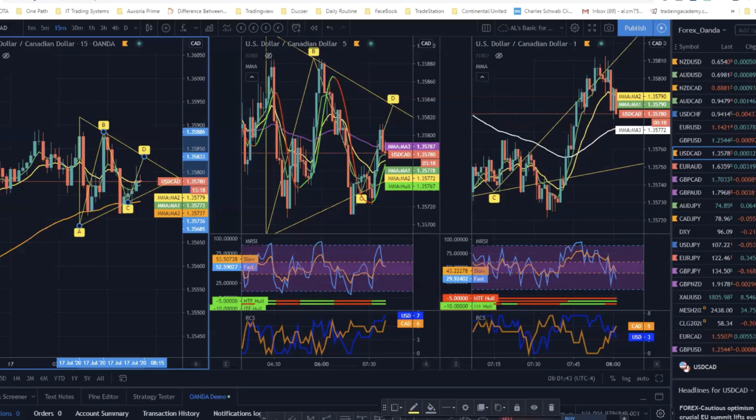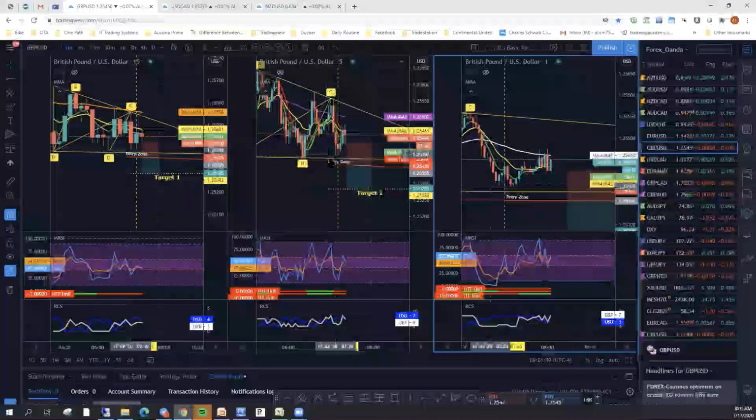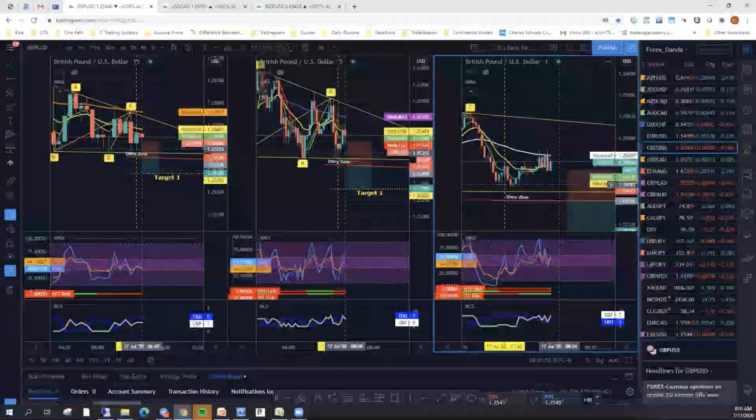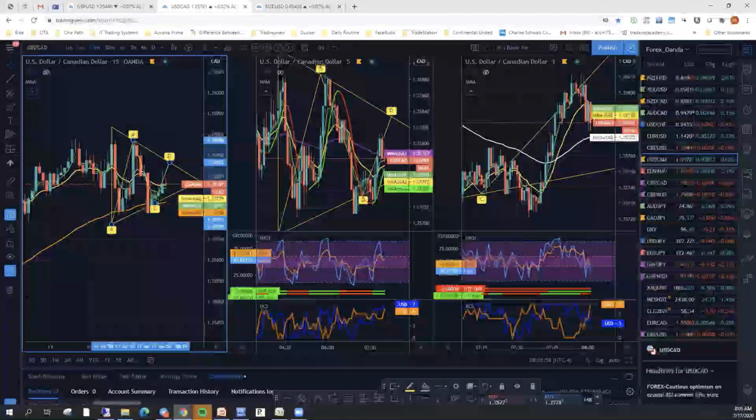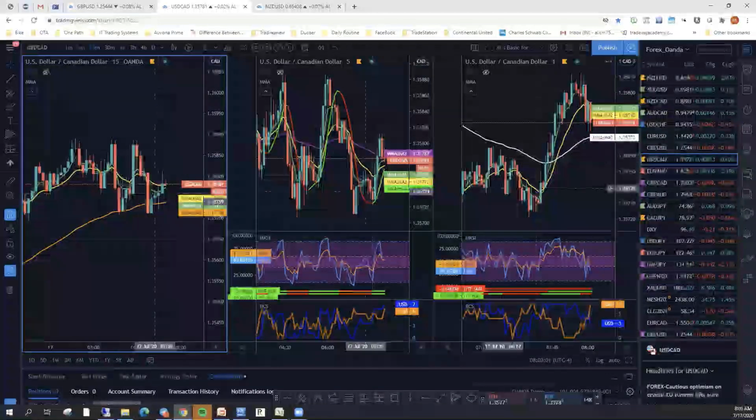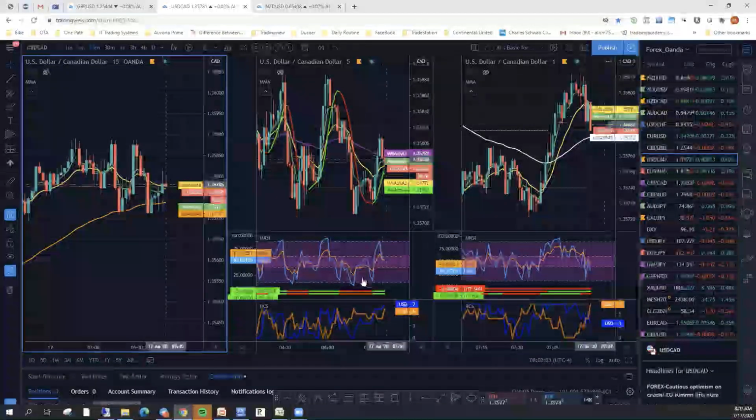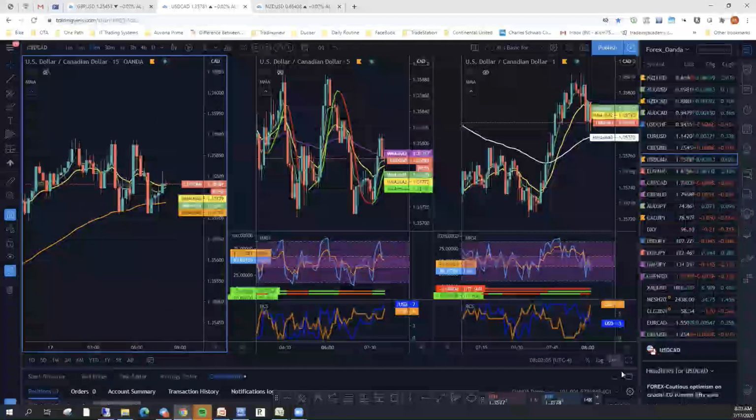And we just got an alert on the U.S. CAD, and we had one just a few minutes ago on the British U.S. I have the British U.S. all drawn out here. Right now, we're still waiting for it to break out of the bottom. So right now, it's inside the wedge. So while we're waiting on that, we'll go ahead and draw out the U.S. CAD. I haven't drawn that one yet. That was an old one. And so we're going to go to the